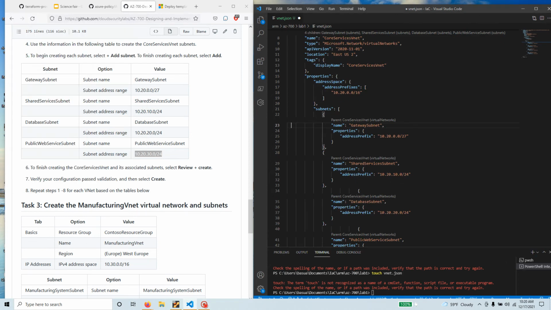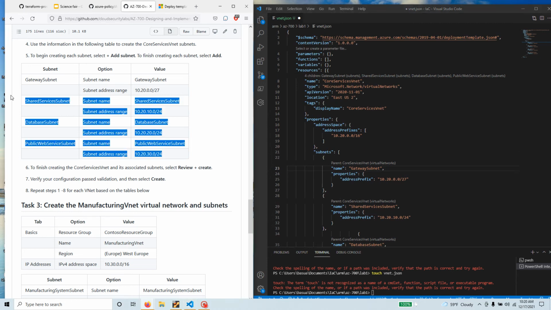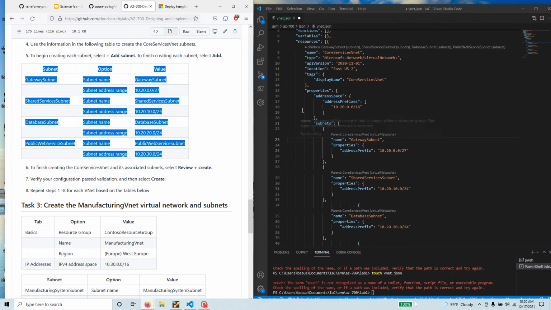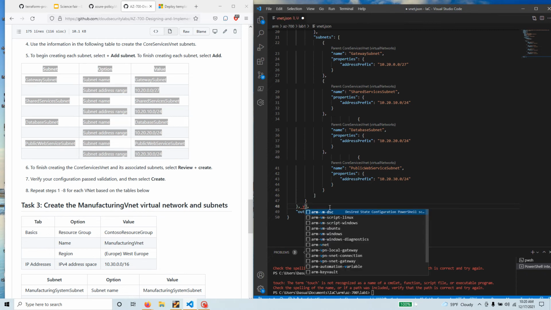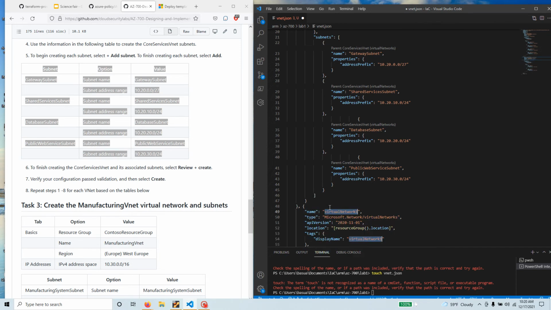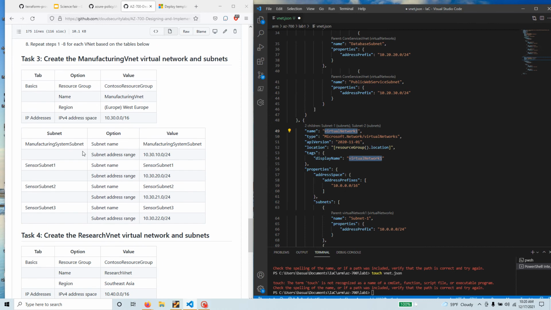Okay, everyone. So what we have done, we have created our first virtual network with the code, and we made sure that it matches this particular network, right? We have four subnets in here. So we need to create few more. So what I'll do, I'll come down here, create another block, put a comma there, and say VNet again and hit enter. So that gives me block for another virtual network, and I'll go down here and get the virtual network name, which is going to be the manufacturing virtual network. So just put it here,